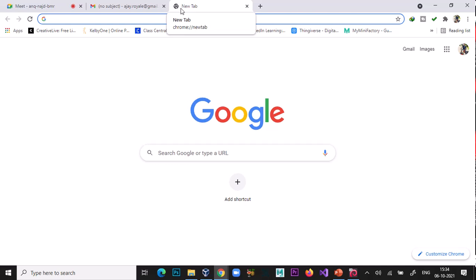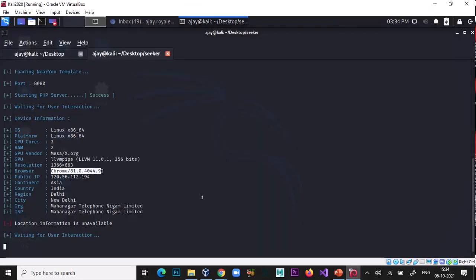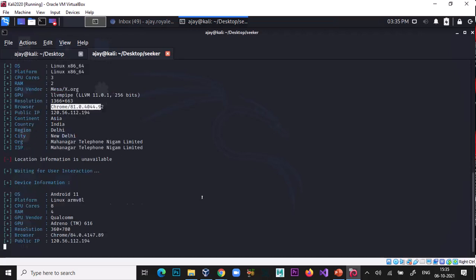Now I am clicking on this link by my phone, and my phone displays find people near you, and I also allow for the location.